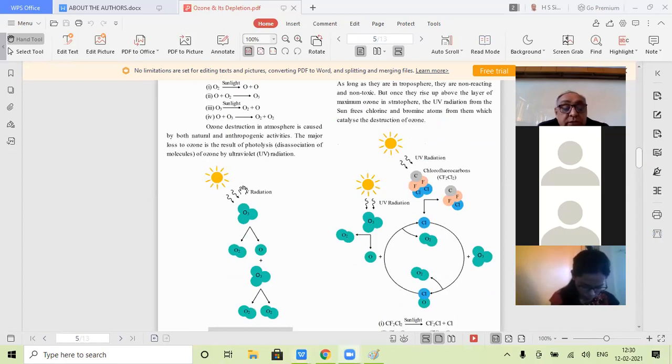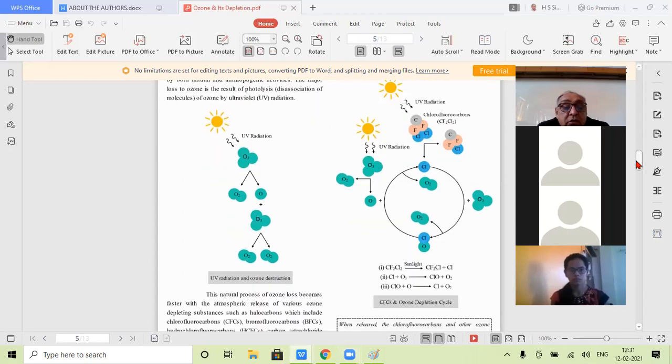Yes. Depletion process, one is this process. Ozone is broken by the ultraviolet radiation into O2 plus O. So this is the loss of ozone. Again formed, and again broken. This part of the diagram on the left hand side, please focus on that. It means that if it is the formation and destruction of ozone due to natural reasons, then there always remains a balance,